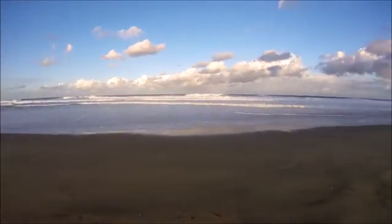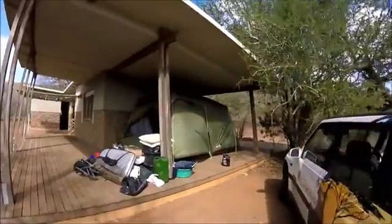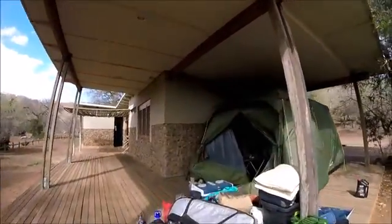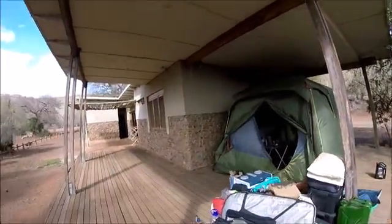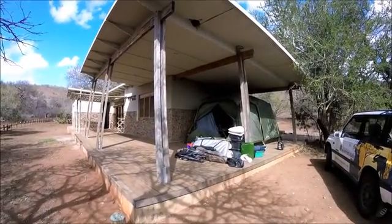If I were to describe this week, I'd say two things about it. One is that it's been a week of extreme weather. There was a southerly wind that came out of nowhere that blew for about 5 days straight. It made camping a bit of a nightmare, if I'm honest. Blew our tent away. We pretty much had to camp on the porch of the reception at one of the